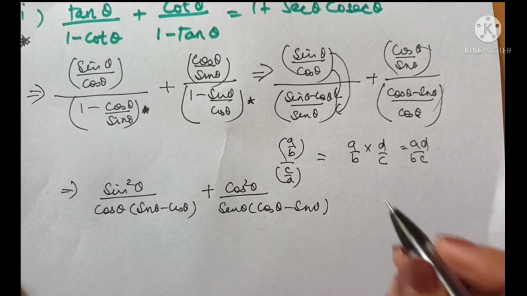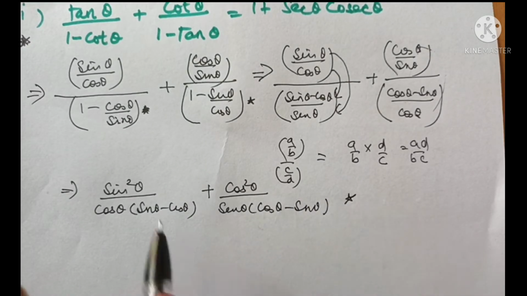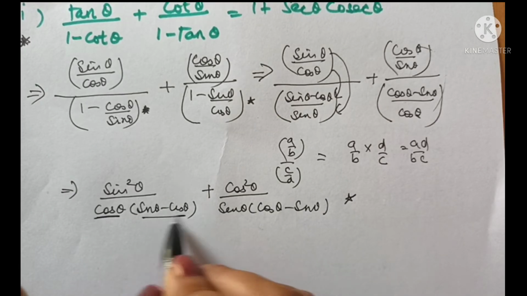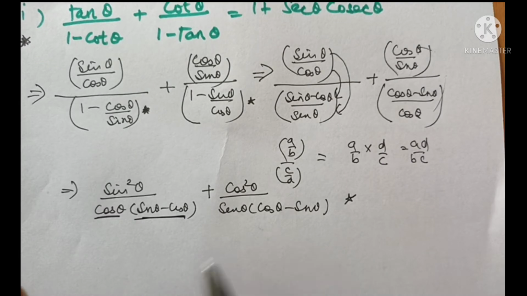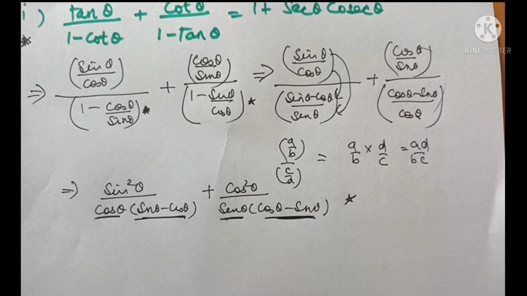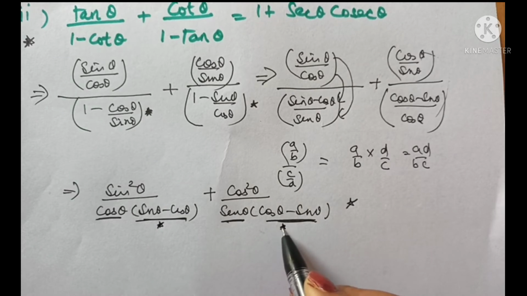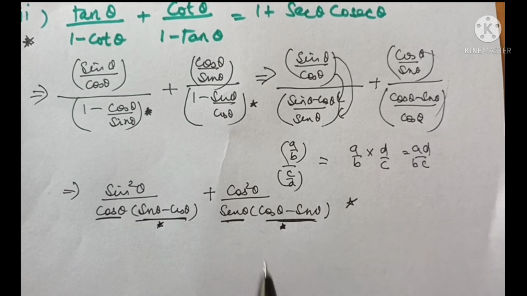Now if you compare, this is a very important step, see very carefully. If you compare these two, this is one term cos theta, this is one term sine theta minus cos theta, this is one term sine theta, and this is still another term cos theta minus sine theta. So in this way I can see there are four terms. It will become very lengthy if I take LCM of these four terms. But if you see carefully, then this term and this term are exactly negative of each other. Sine theta is positive here, negative here. Cos theta is negative here and positive here.